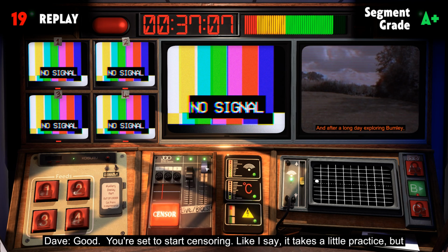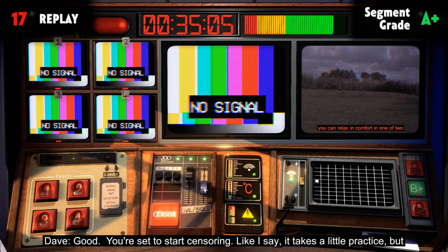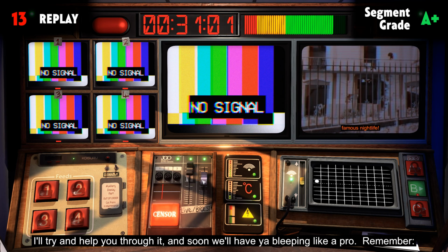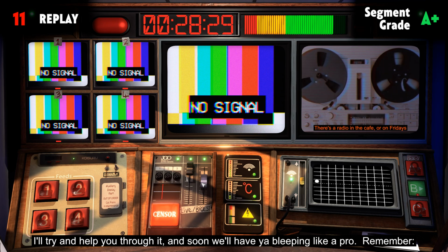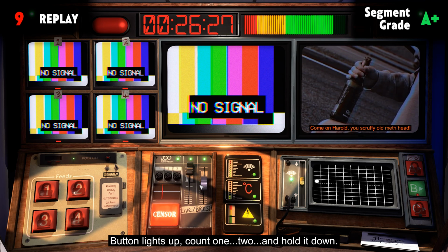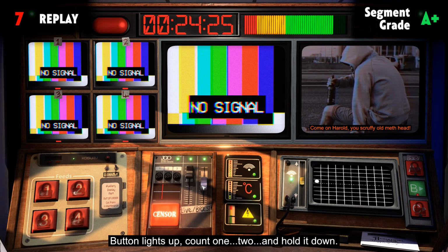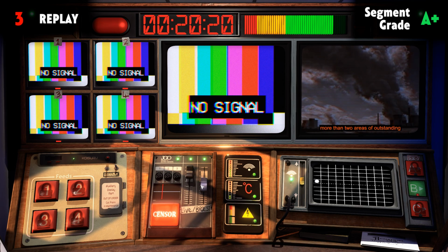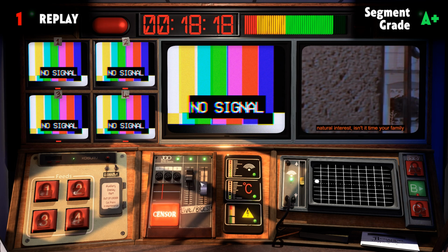As you turn it up, you'll hear the advert getting louder. After a long day exploring Bromley, you can relax. Only 85 minutes from the coast, and with more than 2 areas of outstanding natural interest. Isn't it time your family...